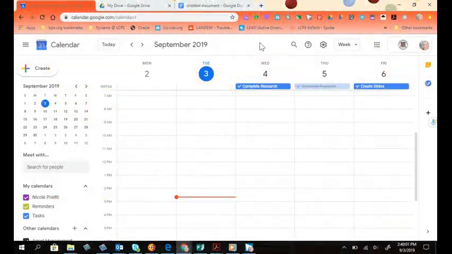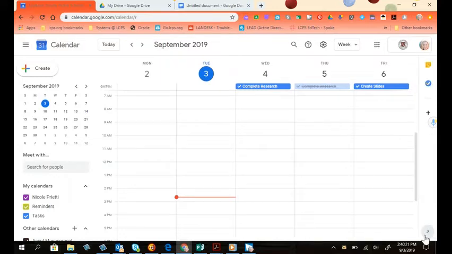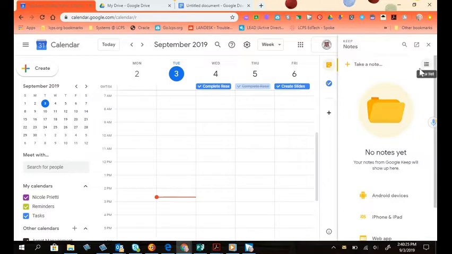So first, to get to Google Keep, if you're looking at your Google Calendar, you'll see that icon, which looks like an orange box with a light bulb in it. That shows up on your right navigation sidebar. If it's hidden, just be sure to click on the caret to show the side panel. You'll notice mine is missing, so I'm going to click on it again to show that side panel. When you click on it, you can take a quick note right in that right navigation bar,